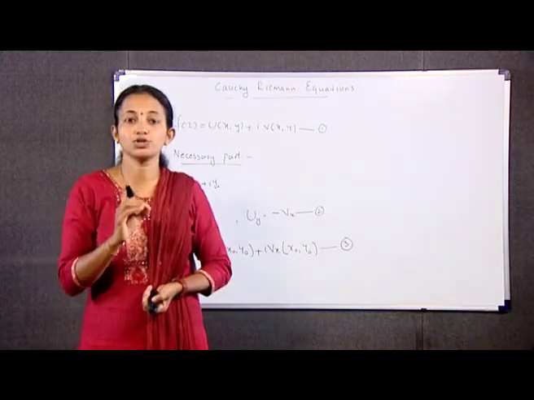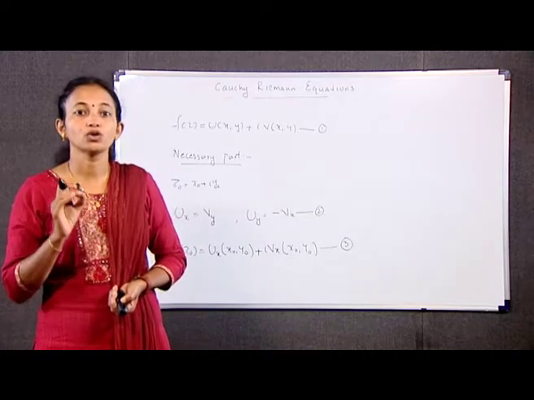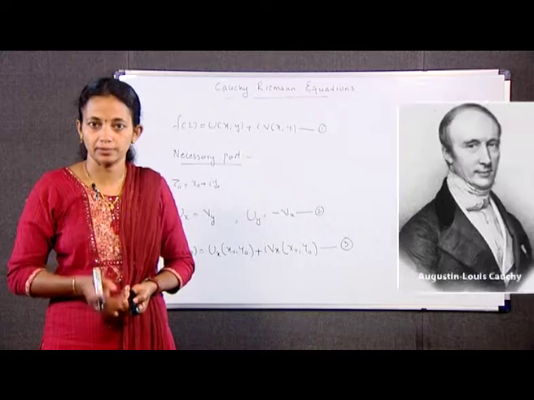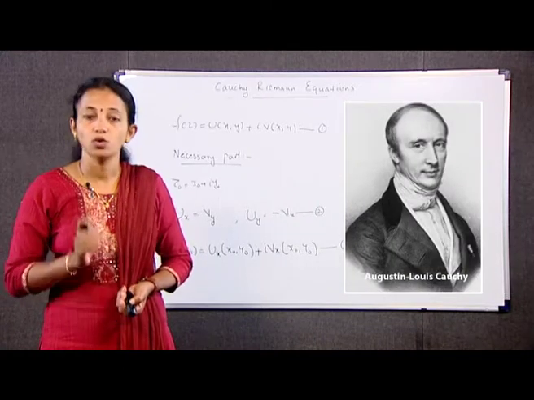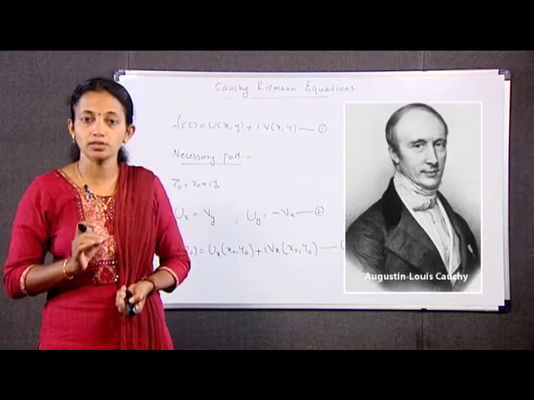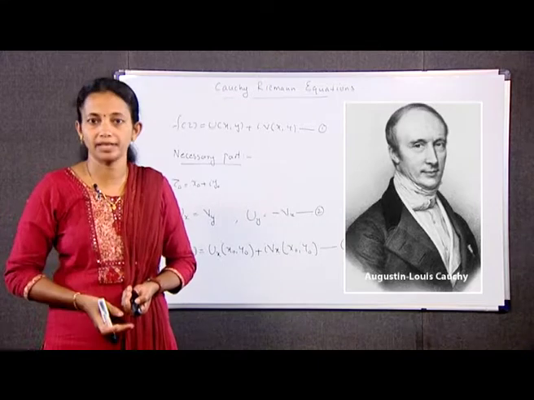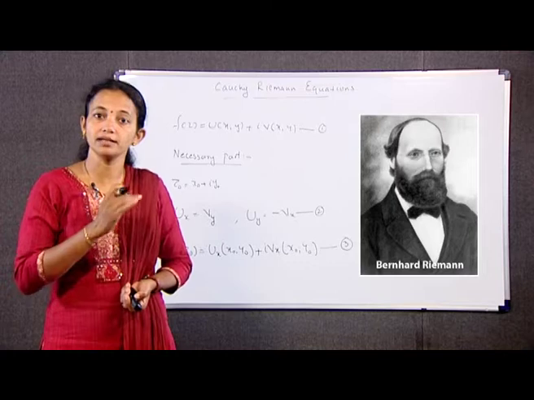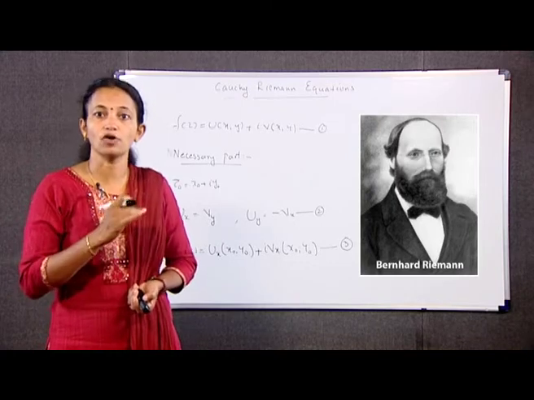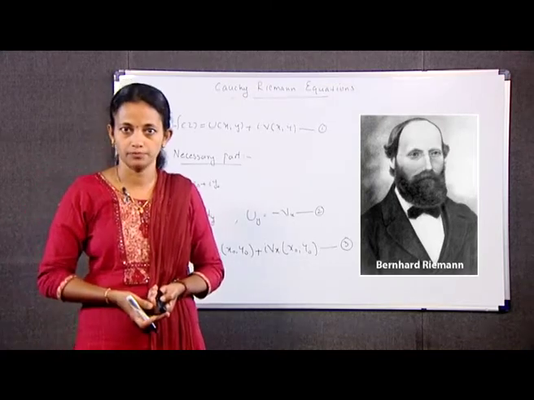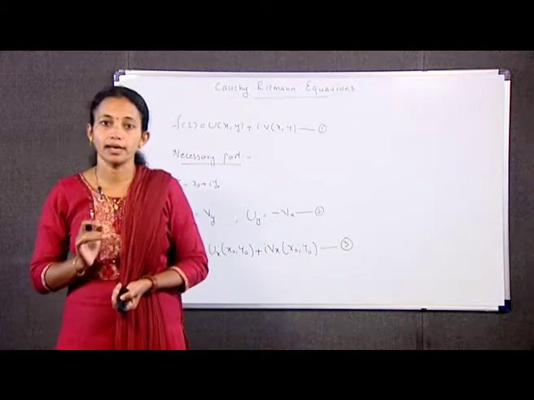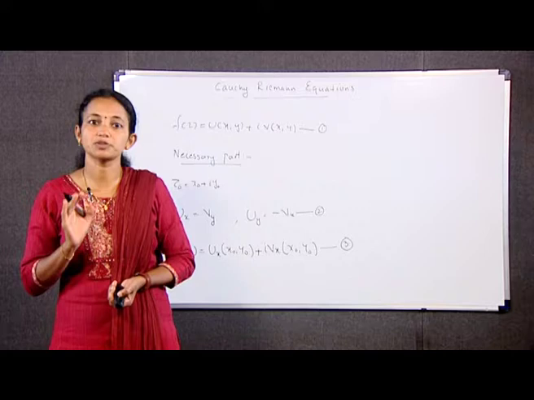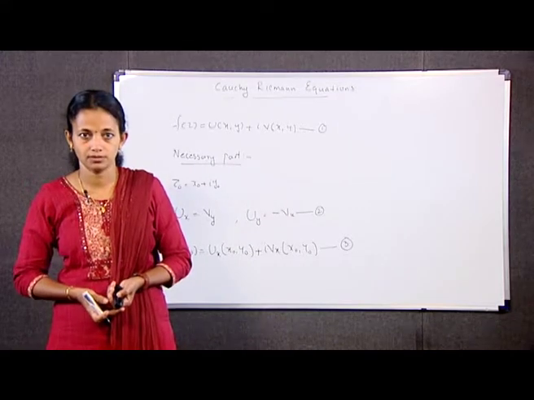The equations in 2 are called Cauchy-Riemann equations, named after the French mathematician A.L. Cauchy, who discovered them, and also in honor of the German mathematician G.F.B. Riemann, who used them in his theory of functions of a complex variable. Equation 3 provides a formula for finding f'(z0) in terms of the partial derivatives.